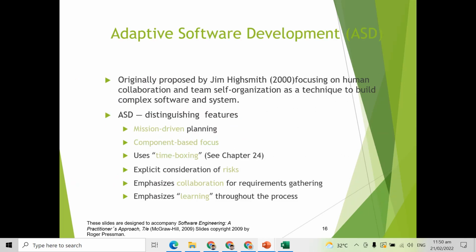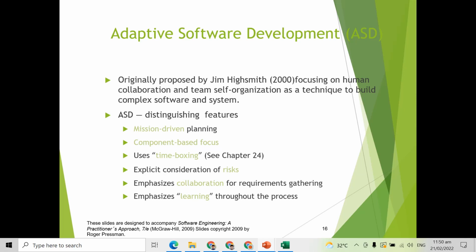So let's go on to adaptive software development, or ASD. Originally proposed by Jim Highsmith in 2000, it focuses on human collaboration and team self-organization as a technique to build complex software and systems. For ASD,